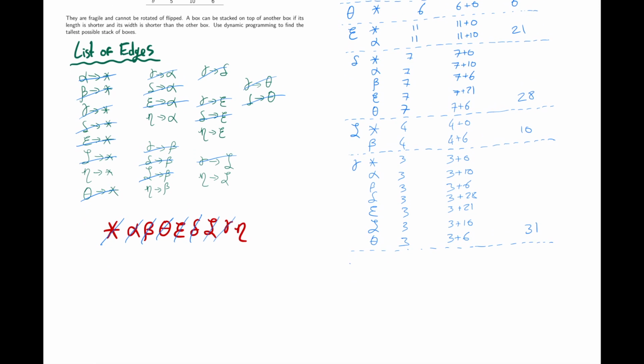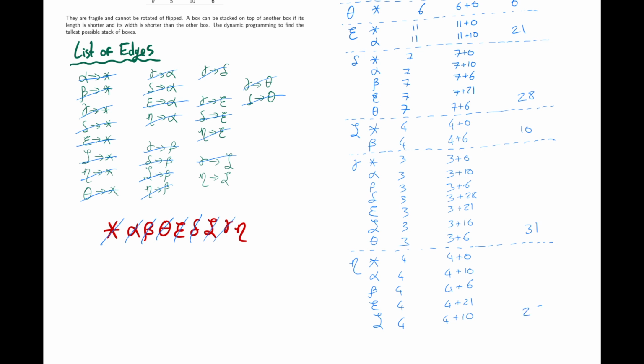Finally, we will consider eta. We can place eta on the tabletop, on top of alpha, on top of beta, on top of epsilon, or on top of zeta, each time contributing a height of 4. The resulting stacks then would be, and the best height we can make with eta on top will be of height 4 plus 21, which is